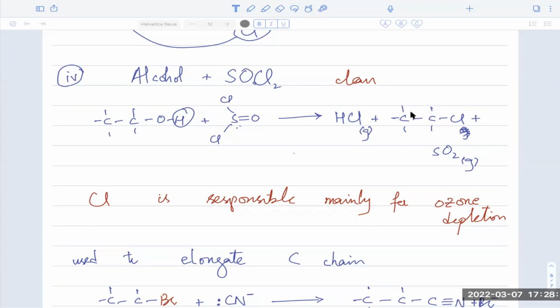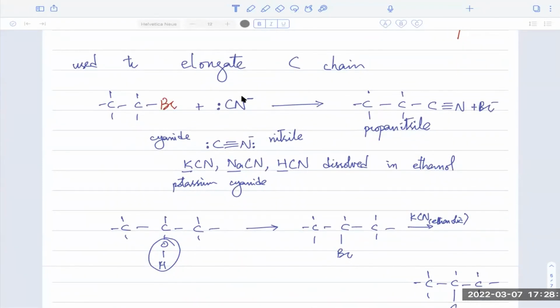Another important idea to remember was that chlorine is the primary culprit when it comes to ozone depletion in the upper atmosphere. And the reason people used halogen alkanes initially, and they were so excited to use them, was because they seem to be very inert, especially in the situation that we have these days at room temperature and all that. But in the upper atmosphere, they start to actually react and they produce catastrophic effects, as we have seen over time. One process that we use to elongate a carbon chain, again, is a reaction of bromine or other halogen,